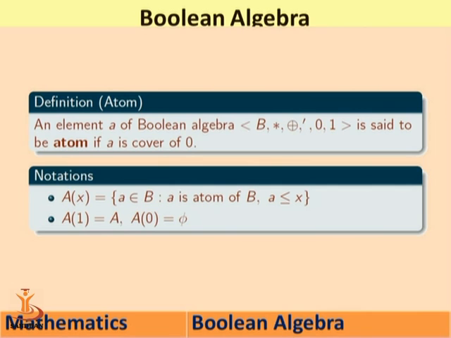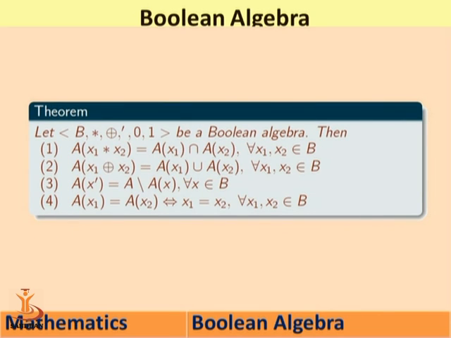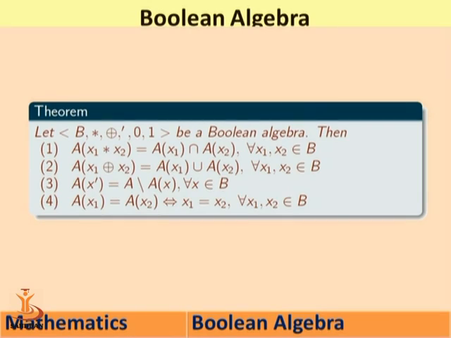Here 0 and 1 are the 0 element and the 1 element. In our example, 1 is nothing but 6 and 0 is nothing but 1. So here we get A of 6 is equal to A and A of 0 is equal to 5. Now next we have a theorem related to the set of all atoms, that is, if we have any Boolean algebra